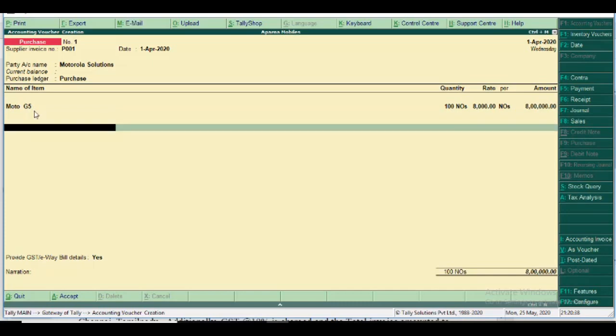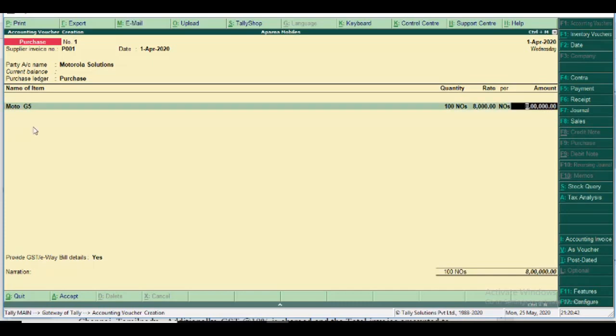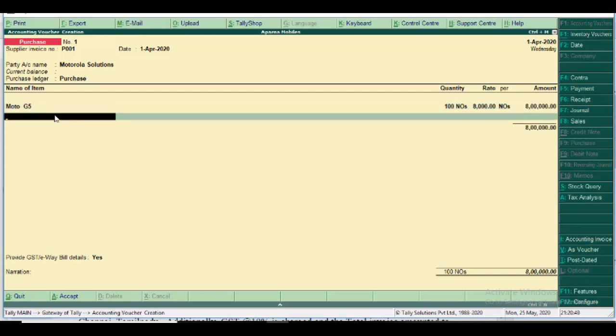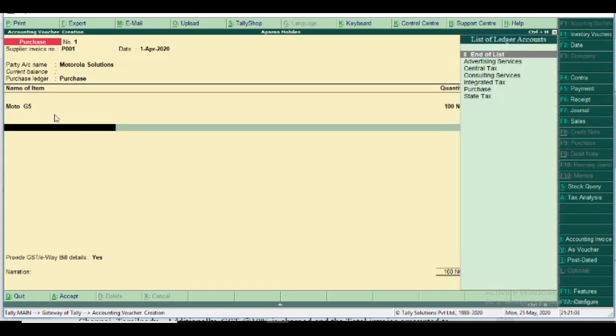Then we move to the ledger area. As I said, once you finish the amount of the first stock item, it asks if there is any second stock item. We leave it blank because we have only one item, and it moves to ledgers.